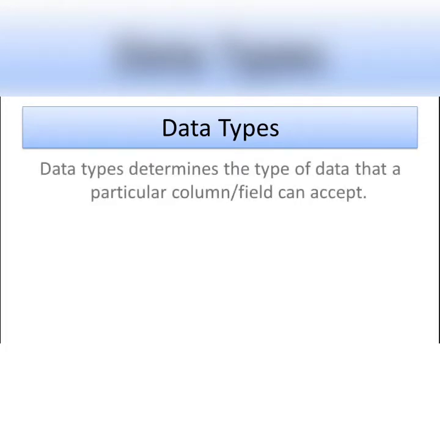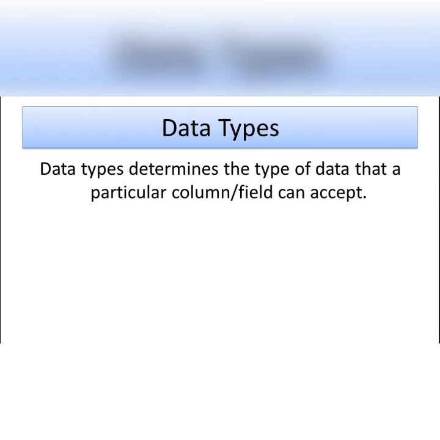For example, if I am making a database of a student record of your class, I need your names, your roll numbers, your phone numbers, your home address, and your photographs, all types of data for the record purpose.